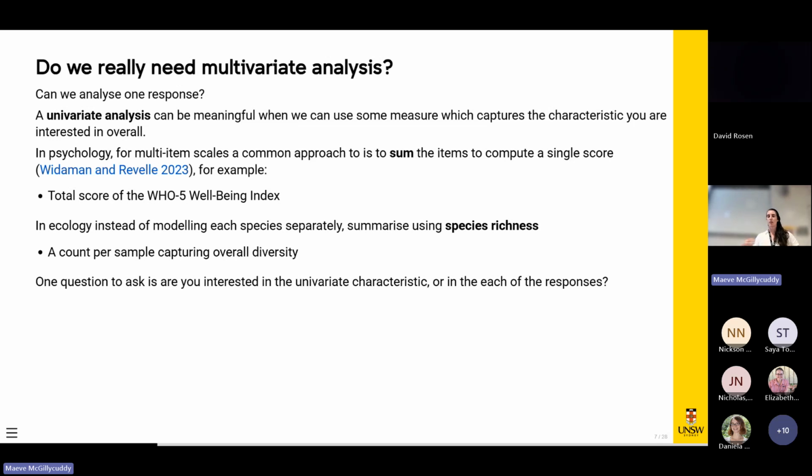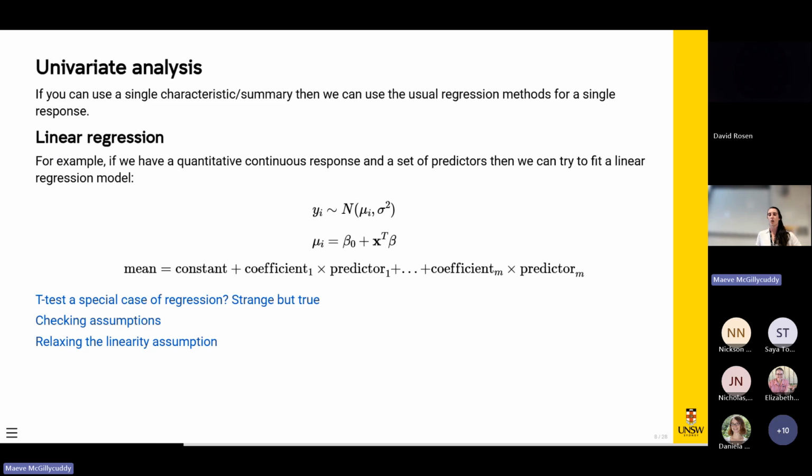So you would use this approach if your univariate summary or characteristic is what you're interested in. But if you're interested in knowing more about each of your response variables, then this is not appropriate. So why is this good? Well, once we've made our multivariate data univariate, then we can just use our usual methods that we see for univariate or single response. For example, if we have a quantitative continuous response,